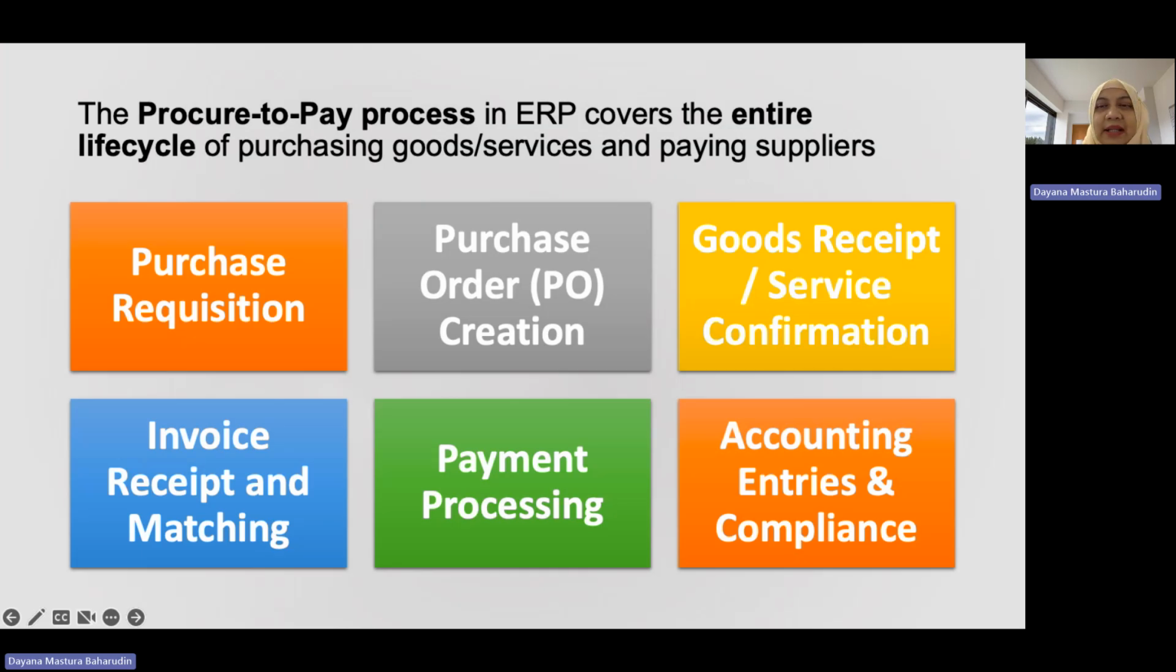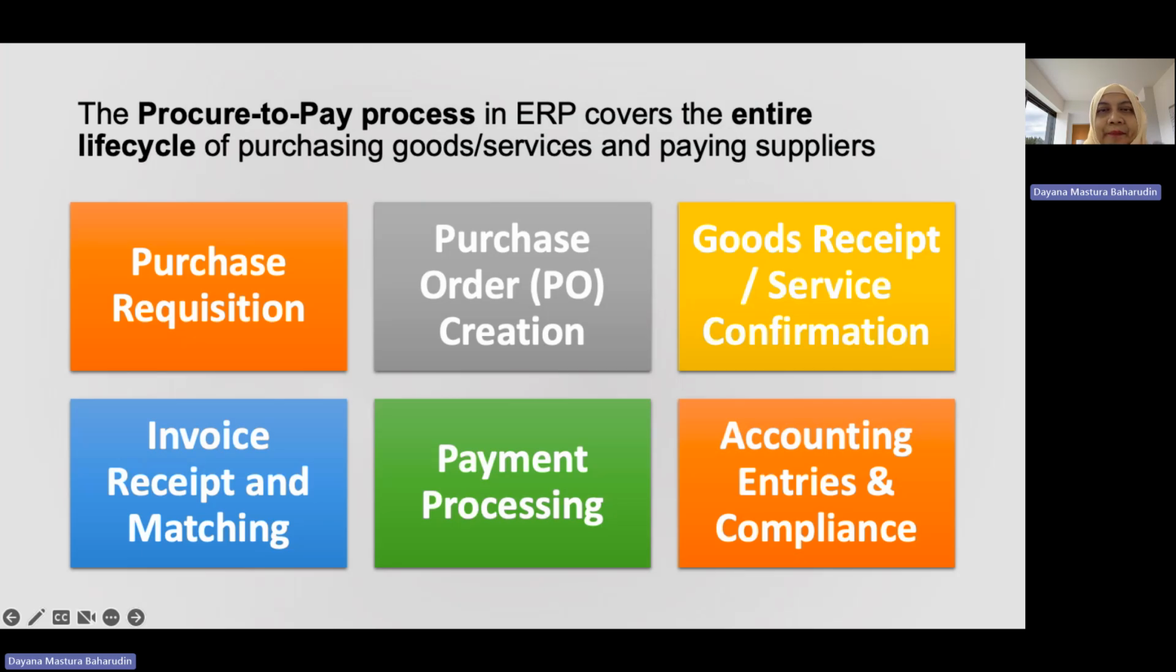Okay, so now let's have a look at this slide. The Procure-to-Pay process in ERP covers the entire life cycle of purchasing goods and services and paying suppliers. So within the P2P process, you would have the purchase requisition, purchase order creation, GRN, which is the goods receipt note, goods receipts or service confirmation, invoice receipt and matching, payment processing, and accounting entries